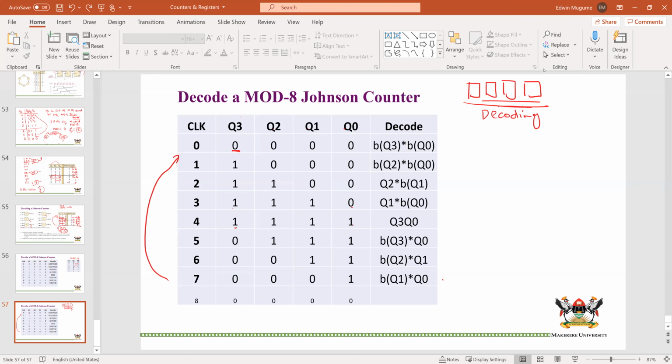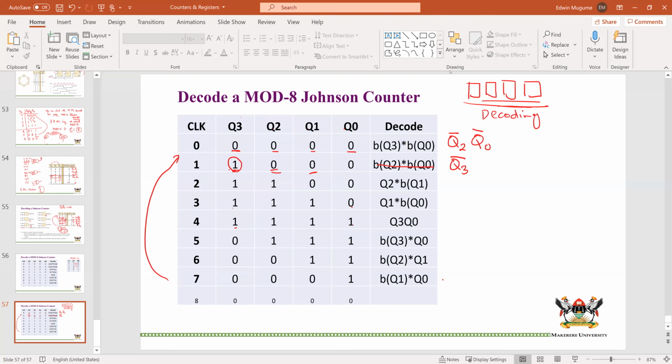What about Q3 and Q0, both of them 0, 0? Does it appear anywhere else? No, it doesn't appear anywhere else. So that means I use those inputs to decode, which means I have Q2 because it's a 0 and Q0, which is a 0. Then I go to this one. What about 1, 0 for the next state? Do we have a 1 and a 0 here? No, we don't. So that one can actually, I have got Q2 and Q0. Let me see. What about a 0 and a 0? Oh, so this one is actually wrong because a 0 and a 0 also appears there. So actually the answer is I have Q3